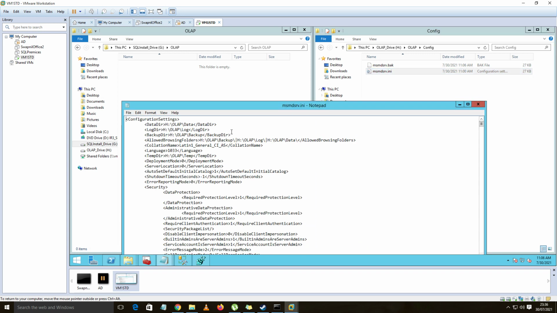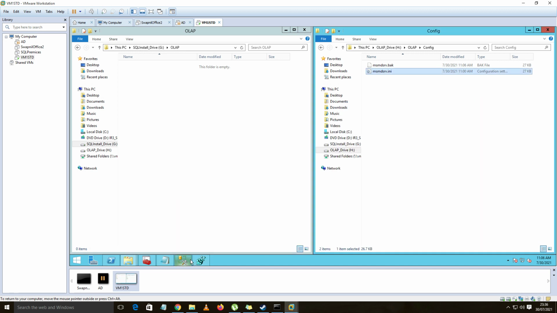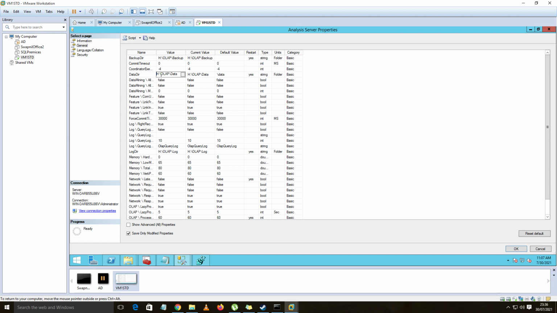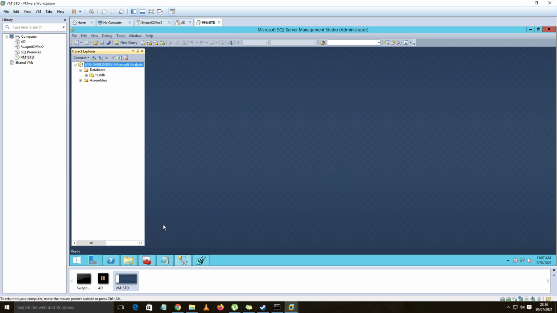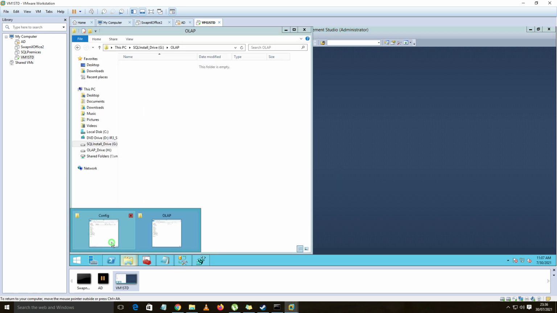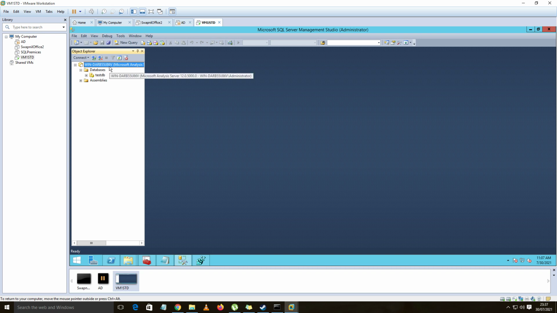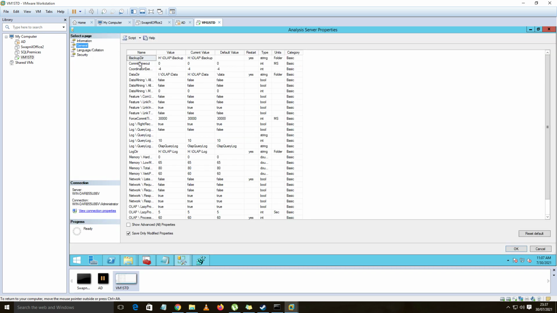Simply we need to make sure that whatever we have changed is reflected in this file. So let's do some changes just for cross verification, nothing else. Let's make some I directory for the data directory. I'm not going to restart any SQL services. I don't want to make it I, it's just for testing purposes, to see that it's actually written in the H drive only. So you can see now it's updated over here. Now let's revert it back to the H drive because that's the actual value.